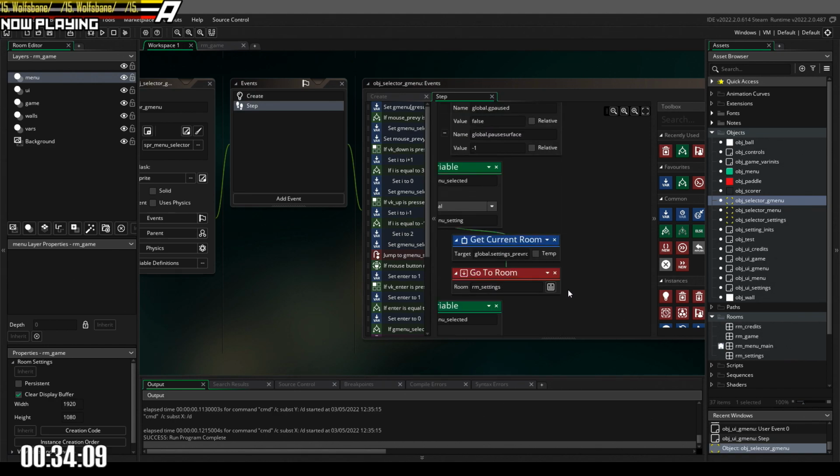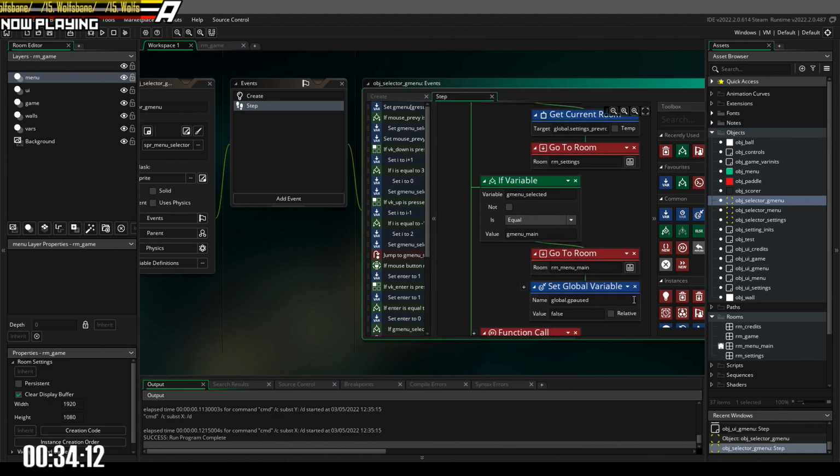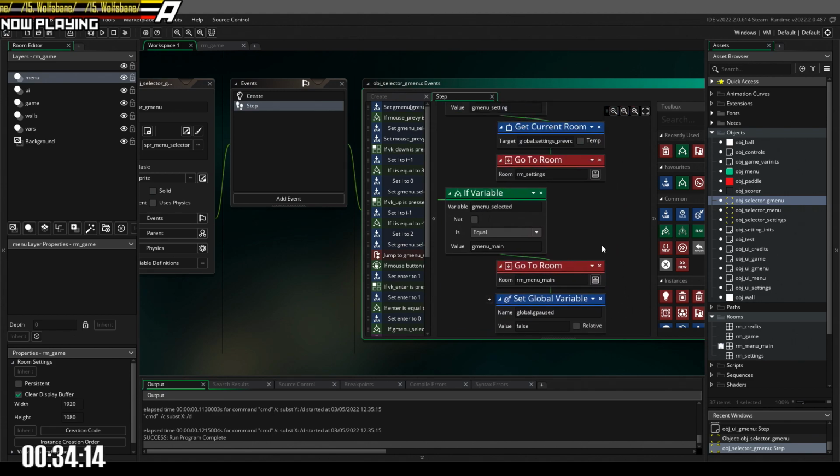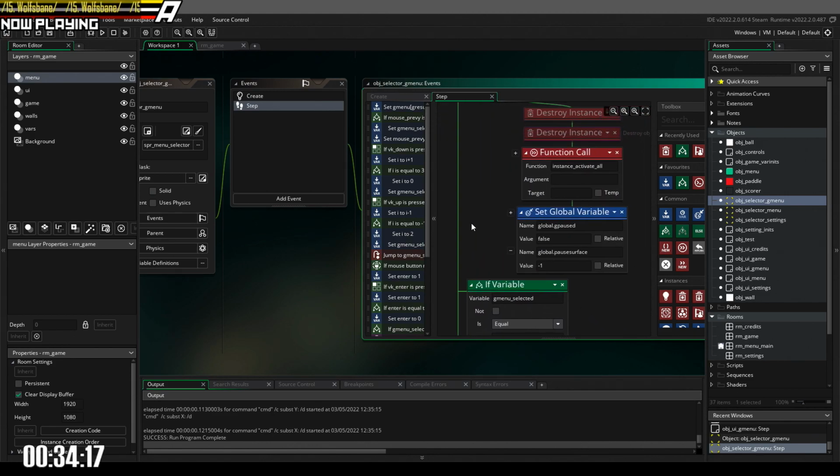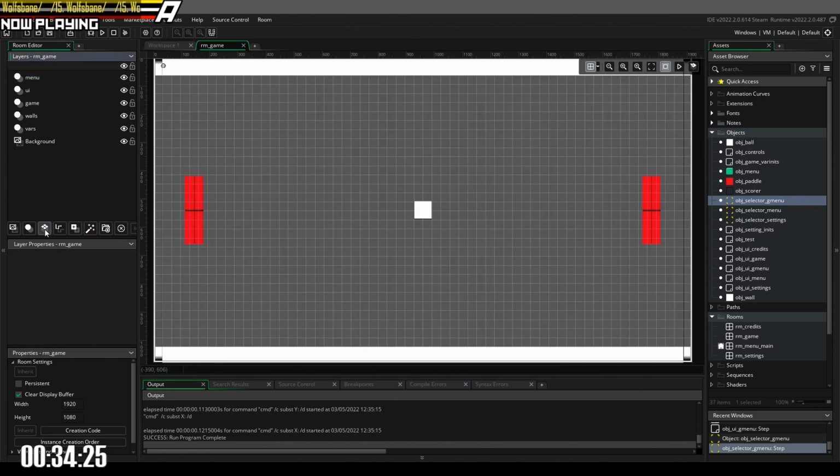Okay, so now this is going to be tricky. So, when it does this, let's create a new layer. Let's call this rename layer settings. Because what we're going to do is I'm going to